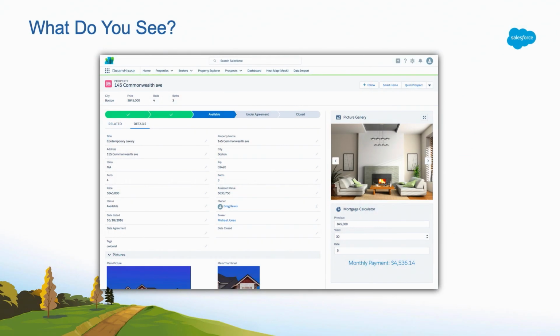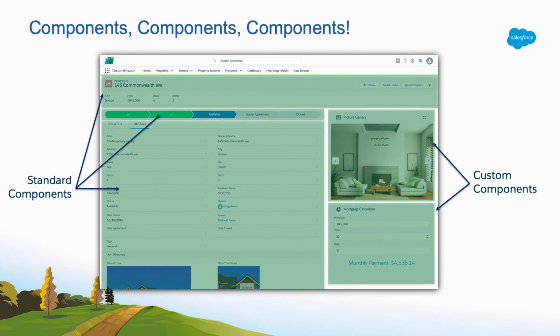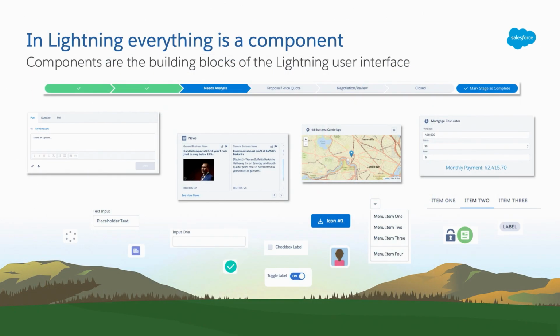All right, before we begin, I need to make sure that everyone is seeing clearly. What do you see? How many of you are seeing a Lightning page, a record page? If you're raising your hand right now, you're doing it wrong. Because what you should have been saying is, I see components. You see, because components are literally everywhere. Everything that you see inside of Lightning Experience is a component. From the smallest button to spinners to cards and progress indicators, everything is a